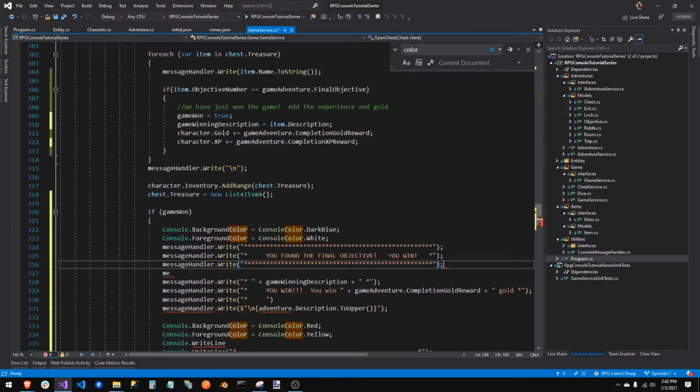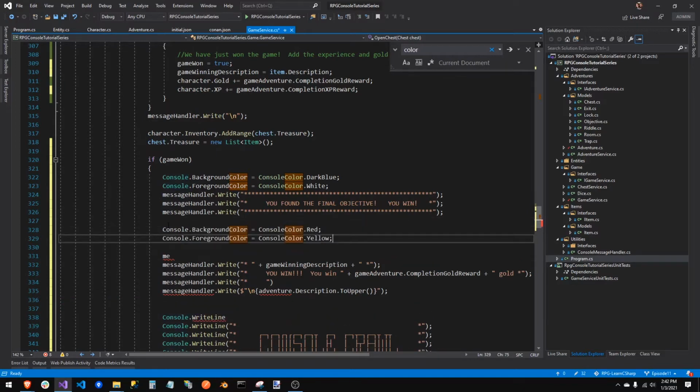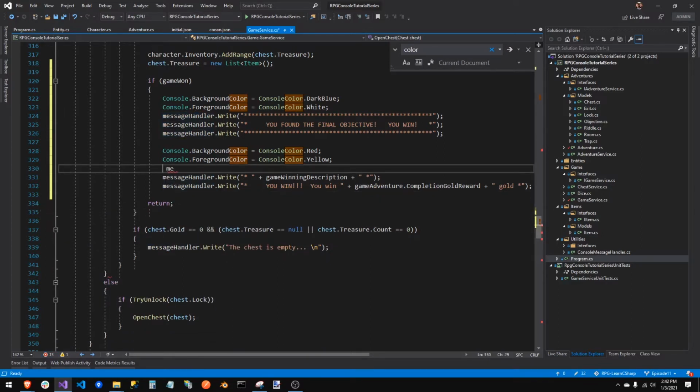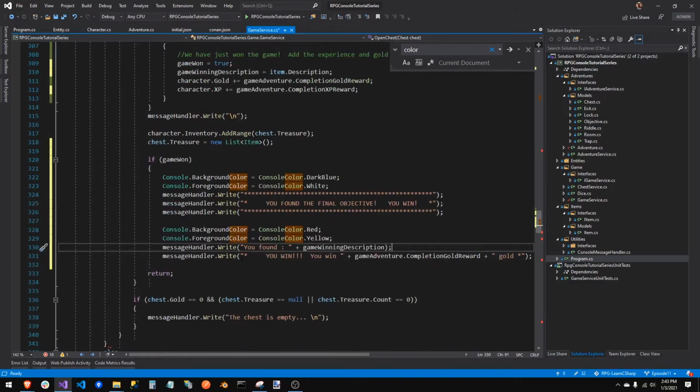All right, so now we have the happy banner. Now we're gonna set the colors back to what they were. All right, get rid of all this garbage that I pulled in. Now we want to tell them what they won, so we don't have to try and do it in the banner. There. You found that, which is the game winning description. And then XP reward equals